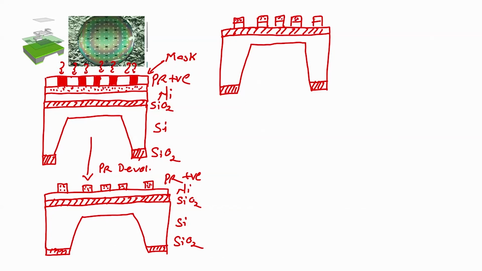Wherever the photoresist was not protecting nickel, it will get etched. So, this is photoresist, this is nickel, then we have silicon dioxide, then we have silicon, then we have silicon